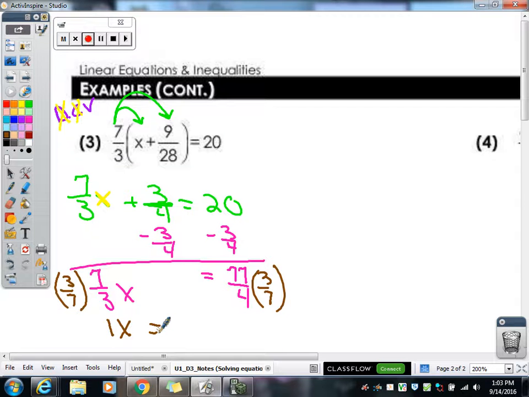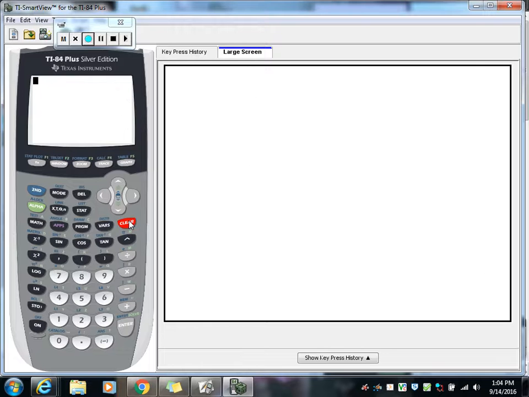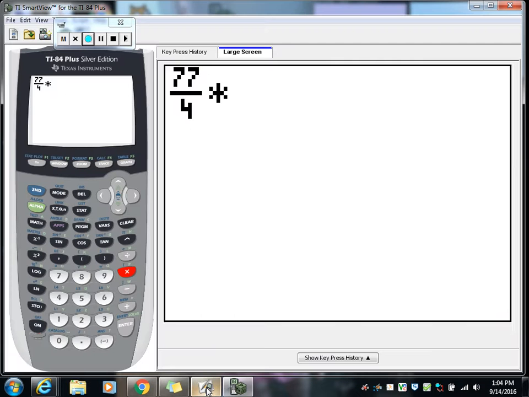And all of the rest of you that have a calculator, do alpha y equals. You can start it ahead of time. Alpha y equals 77/4 times alpha y equals 3/7. Okay. Everybody ready? I'm going to clear up my calculator just to give me some more room. Alpha y equals number 1, 77 on the top, 4 on the bottom. Always arrow out of this, times 3 over 7. So you got to do alpha y equals again,